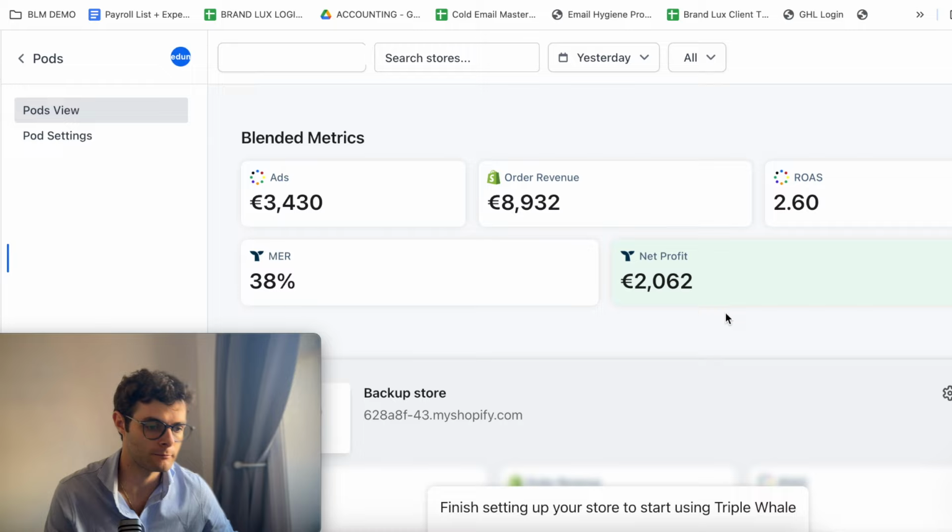Great. So as usual, as I always like to do, this is just a quick case study. This is a client that we recently onboarded, and we're in the process of scaling this Q4. They're profiting around $1.5, $2,000 or euros, sometimes even more. It fluctuates up and down, but yesterday, for example, was a 2,000 euro profit day, 2.6 ROAS,